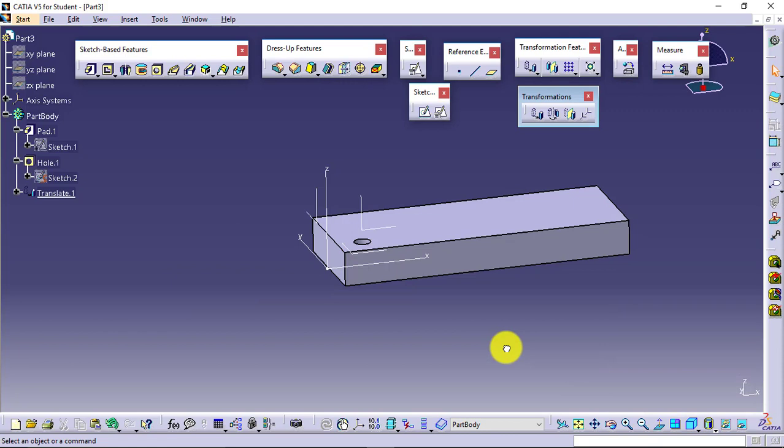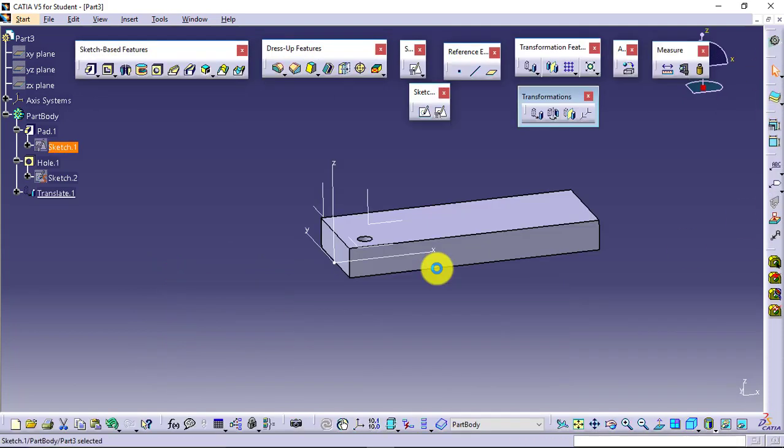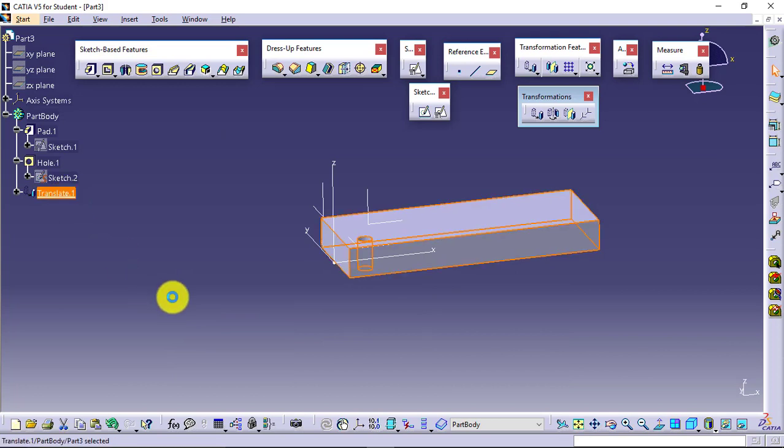The complete thing is transformed from its original location. But when I created the sketch, I had created it on the origin. Just check the sketch. The sketch is available as it is at its location. So what has happened is, whatever I had created is just translated.